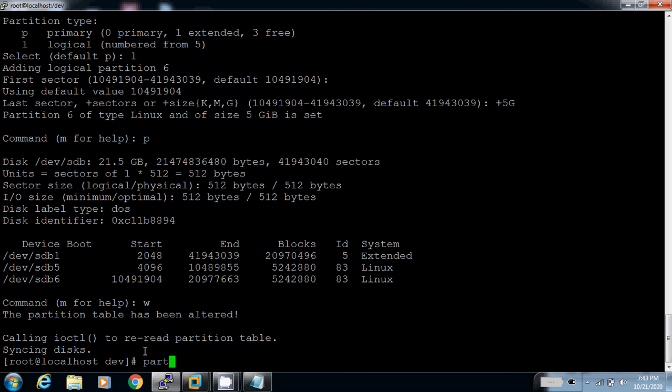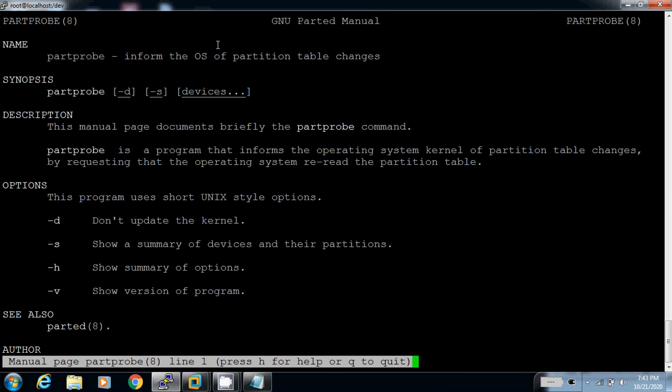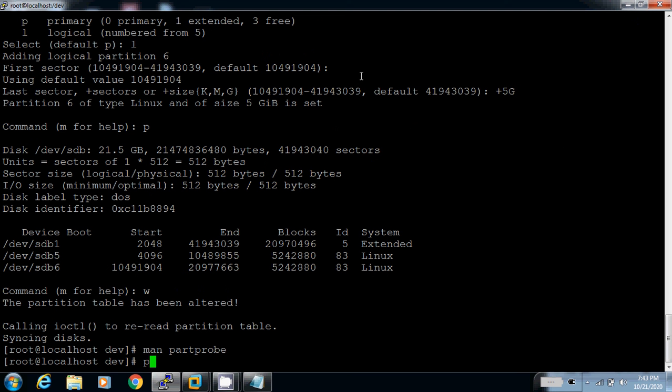Now I will run the partprobe command. The partprobe command is used to update the partition table. Let's check the man page of the partprobe command. It informs the OS of partition table changes. partprobe /dev/sdb. I changed the partition table in sdb.